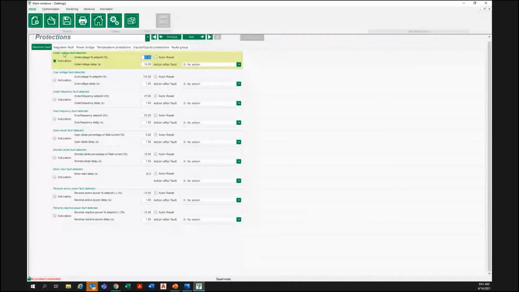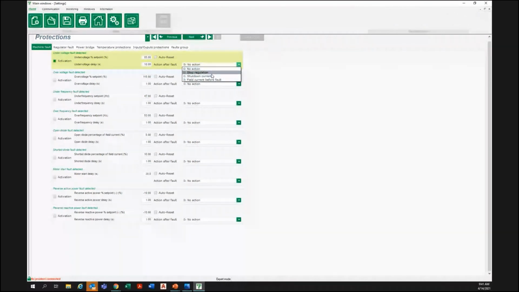Oh, sorry, this is actually under voltage. But anyway, so it's stating how far away from the voltage set point you're willing to go. And then this is the delay period. And then this is the actions list. You can choose to have no action. Even though it says no action, there will actually be a red indicator up here that will say under voltage. So when you have no action, there will still be a warning.